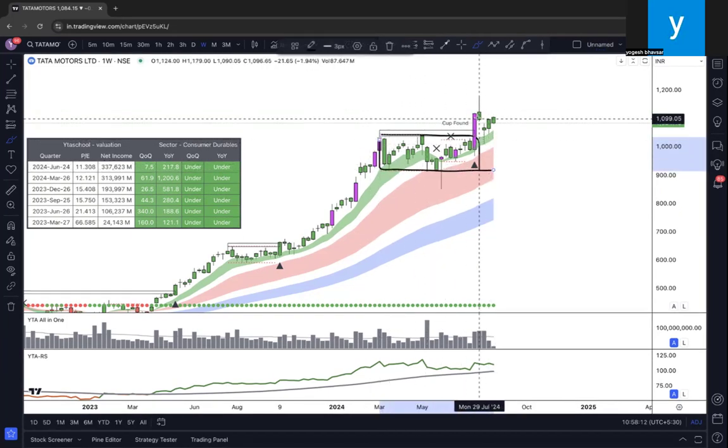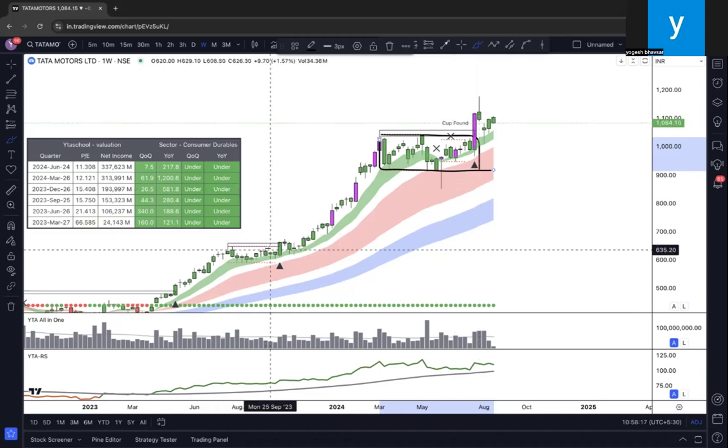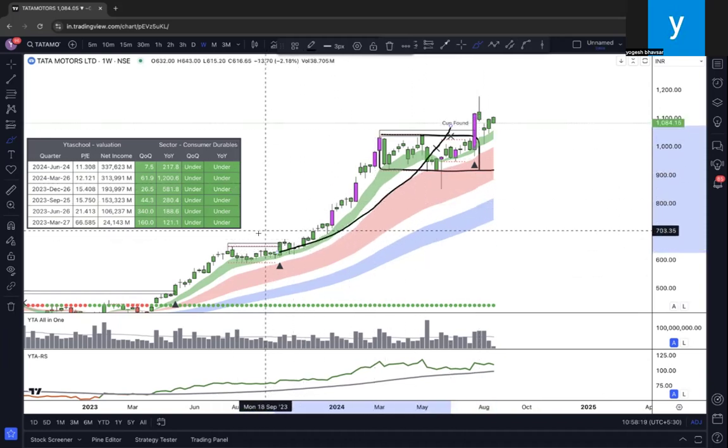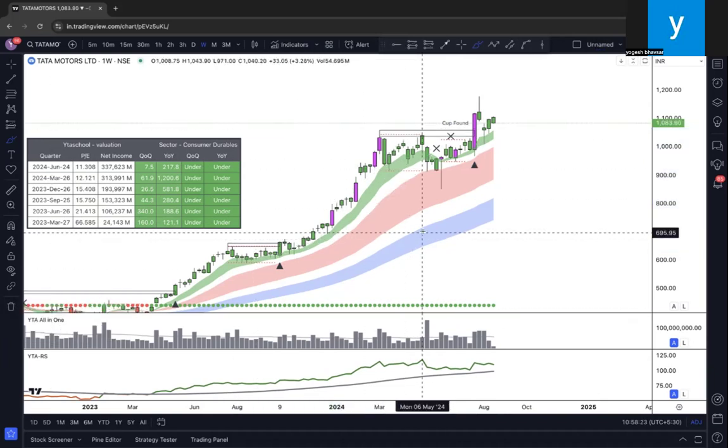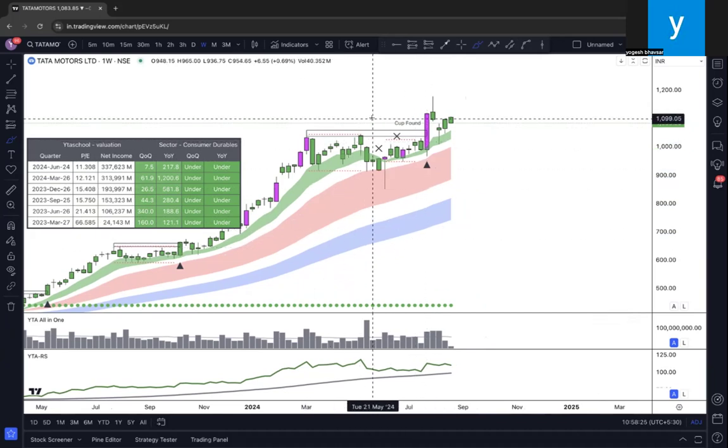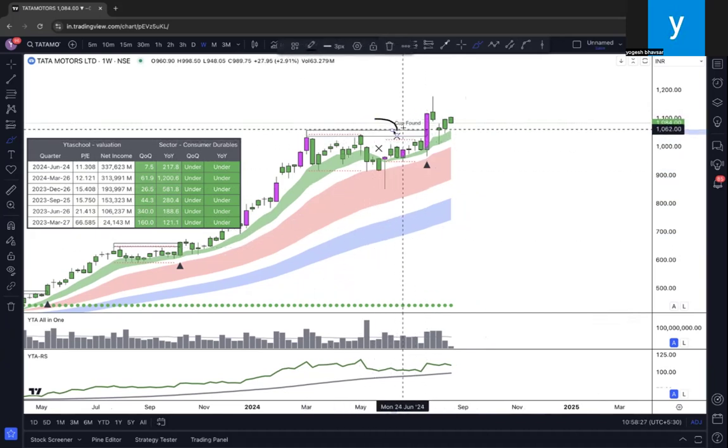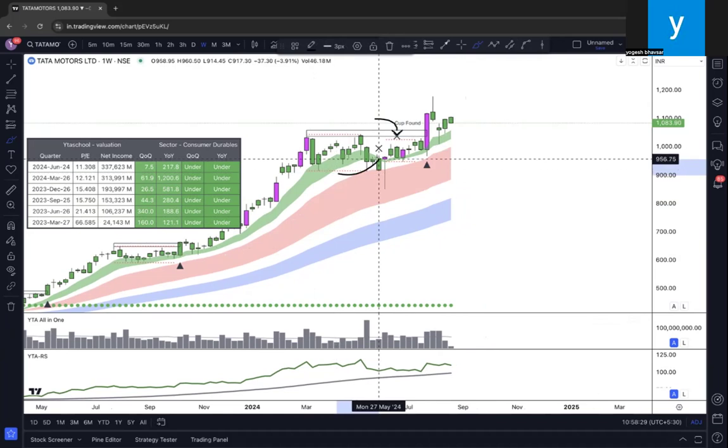The buyer side dominated, so the stock went on the upper side. That means the previous trend continued. Is it clear? Now, what does this X mean? This X, this X.